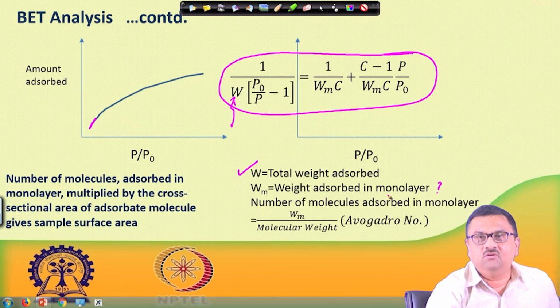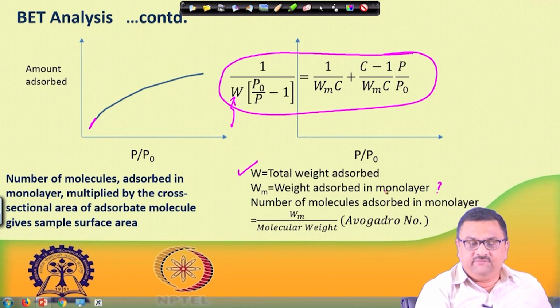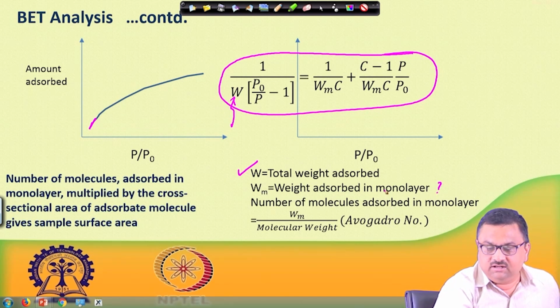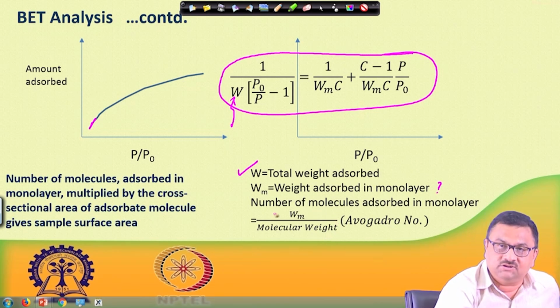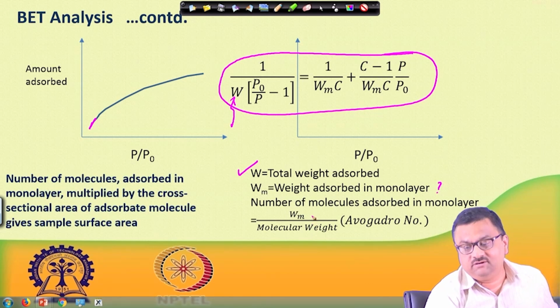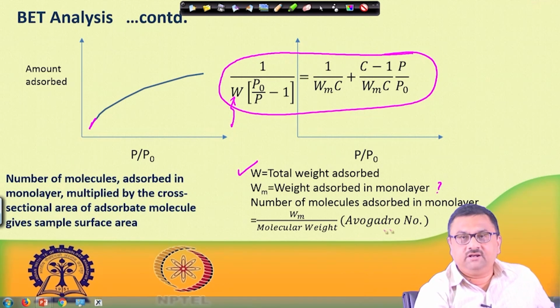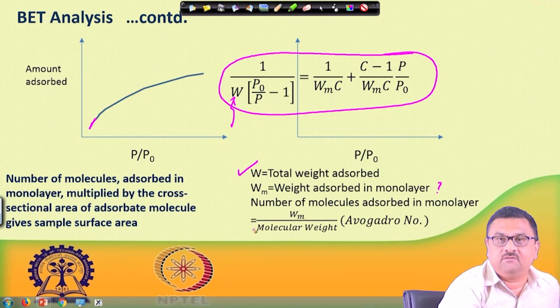I do not know how much is the monolayer coverage, but one thing I know: if I know the weight adsorbed in monolayer, then from there I can find out the number of molecules adsorbed in monolayer. It would be simply Wm, the weight of molecules adsorbed as monolayer, divided by the molecular weight of nitrogen. This gives me the number of moles of nitrogen adsorbed on the surface. So, the number of moles will have how many molecules? You have to multiply by Avogadro number, 6.023 × 10^23, and this would be the number of molecules